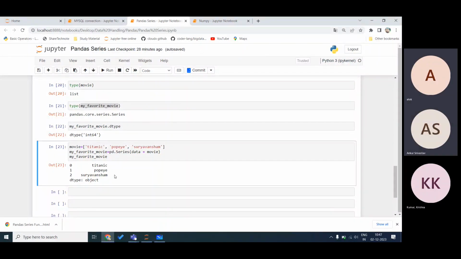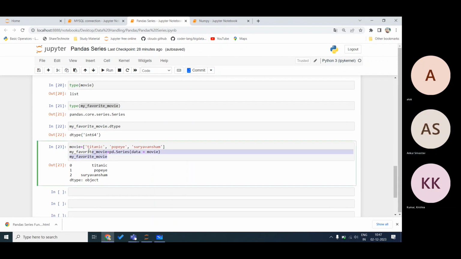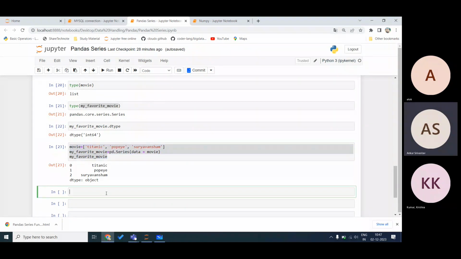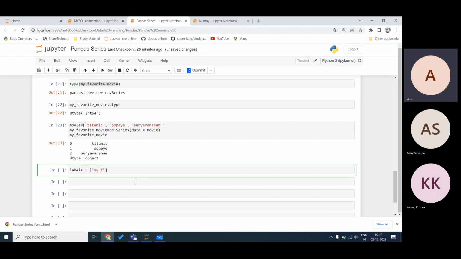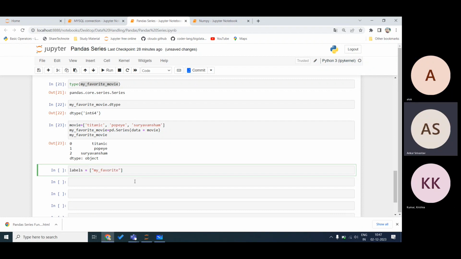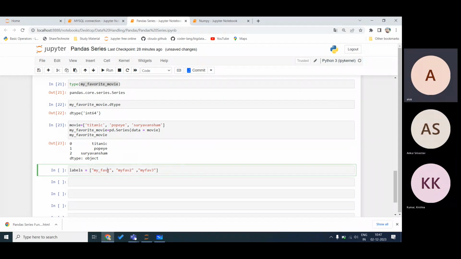Just remember, you have to define your labels. Labels equals my favorite 1, my favorite 2, my favorite 3. This is the label.